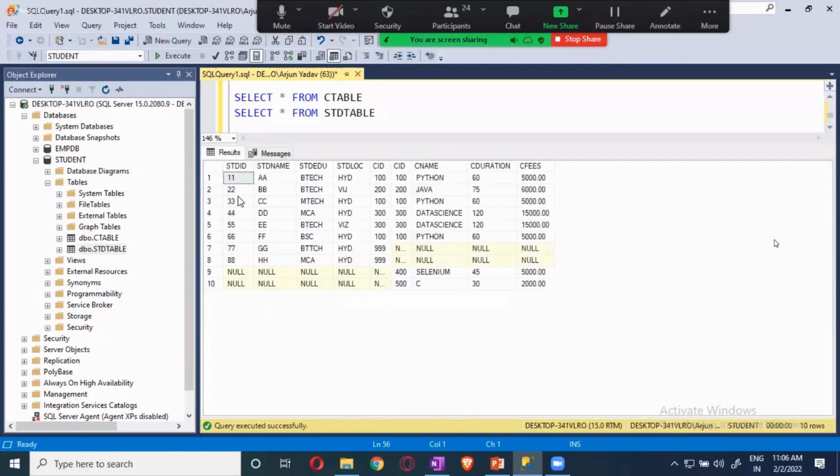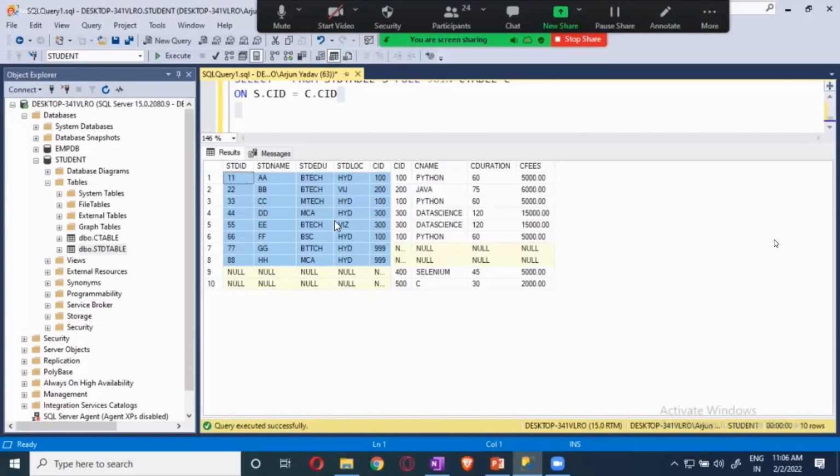Now this will get you all the records from the left side table. You see this, all the records from the left side table, and you know which are matching over here. For the non-matching course IDs, the students who have not taken them, you are getting null over here. Can you see it? Null. Yes. Some course IDs are not acquired by any of the students, so under the student section you are getting null. This is the way it will get all the details from the left side table, all the details from the right side table, and the non-matching ones will get null.